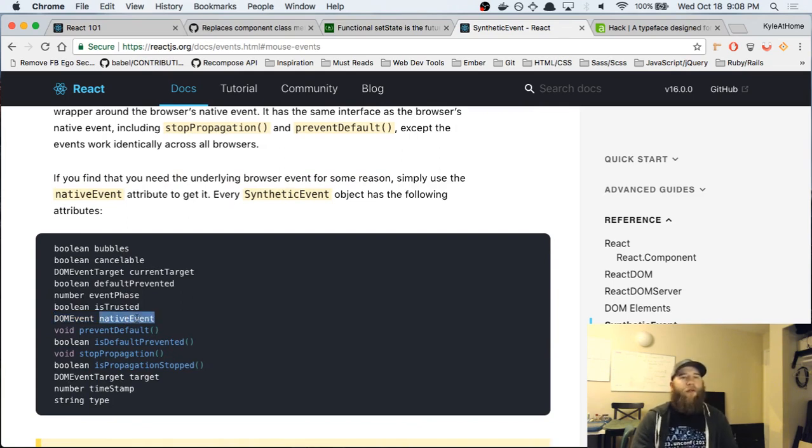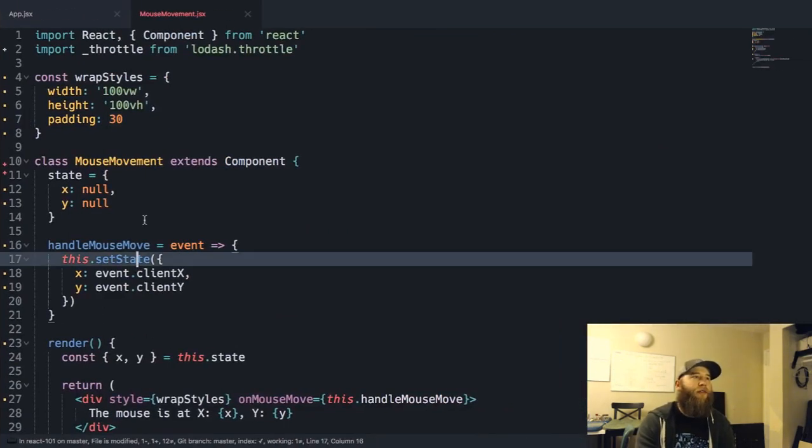There might be a reason for you to get the original event, and so the synthetic event hands it to you in case you do need it. You might be doing some really interesting stuff if you're doing that. I've never needed to do it. But that is something to know. And yeah, that's essentially all you really need to know about events. There are other ways to handle events. You can handle events in a more